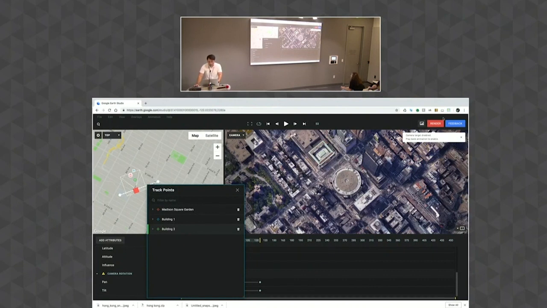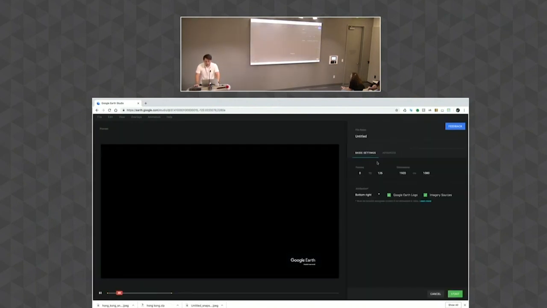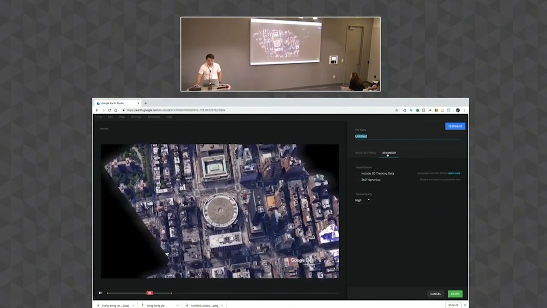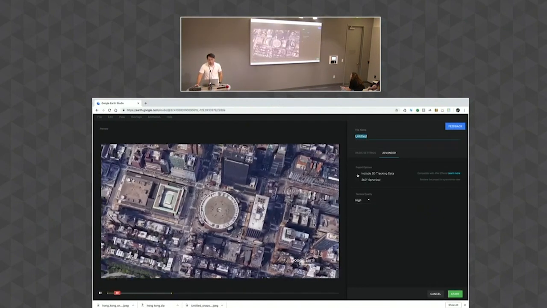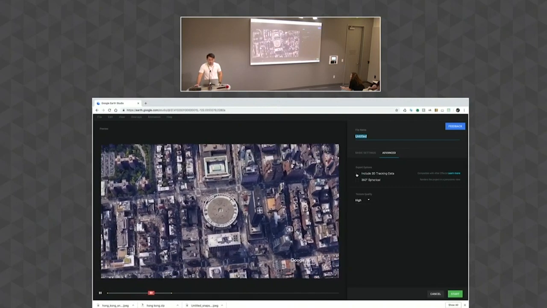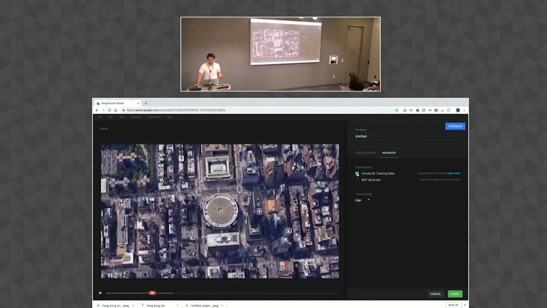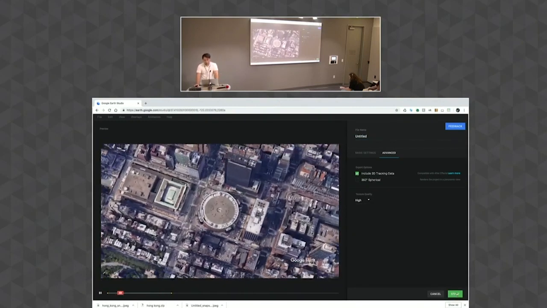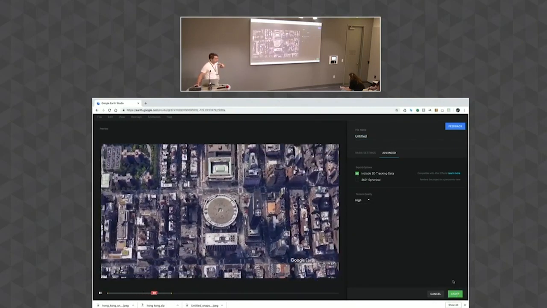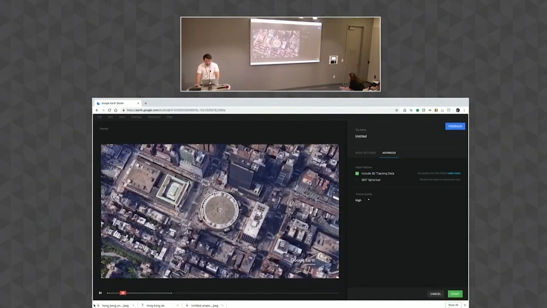I have my animation, so I'm going to hit render. And under advanced, we have this include 3D tracking data. So if you want to get the 3D camera, be sure to click this. Then you're going to hit start, and it's going to be the same process, except